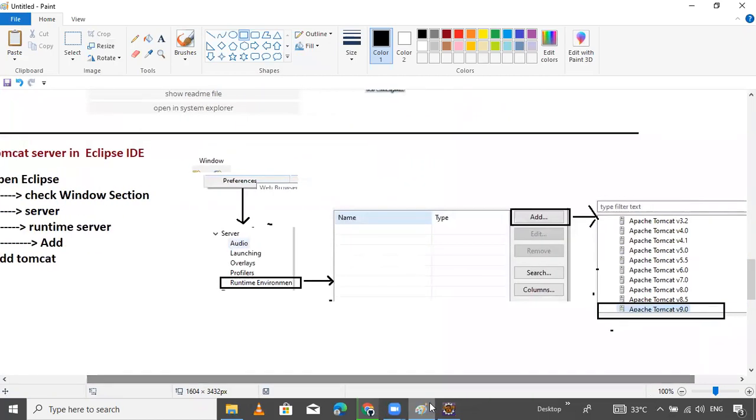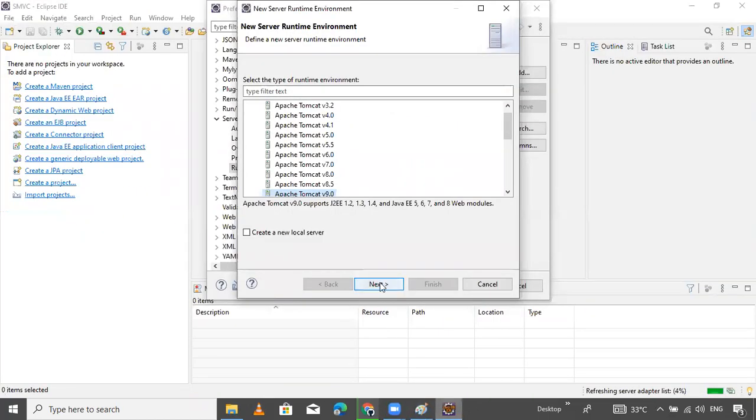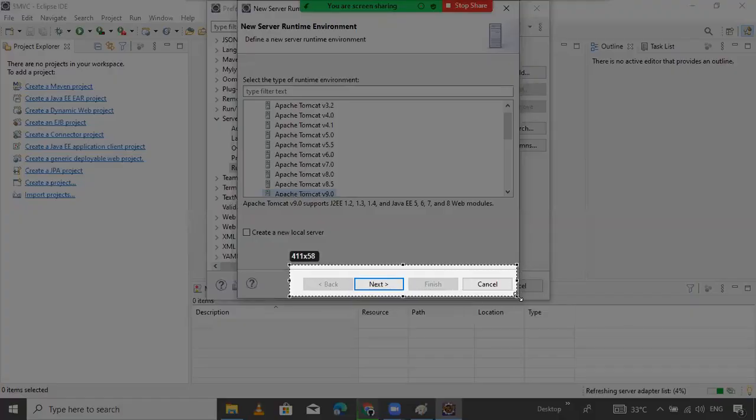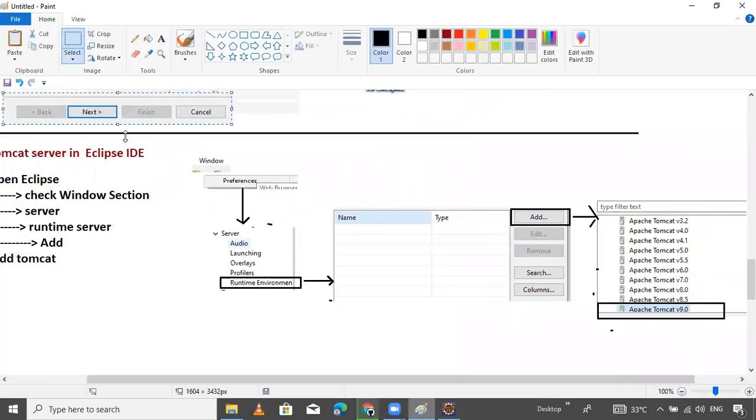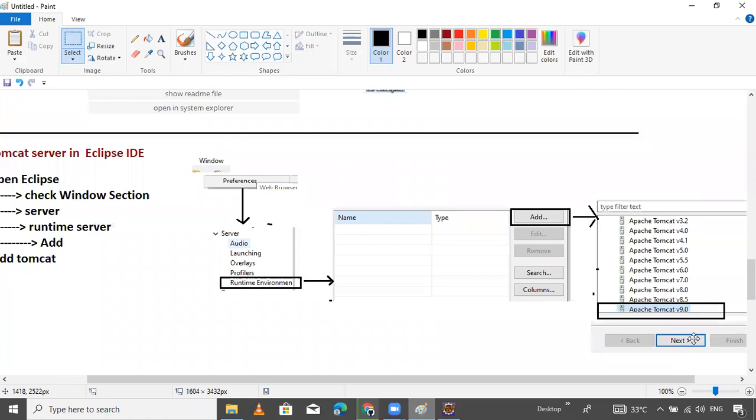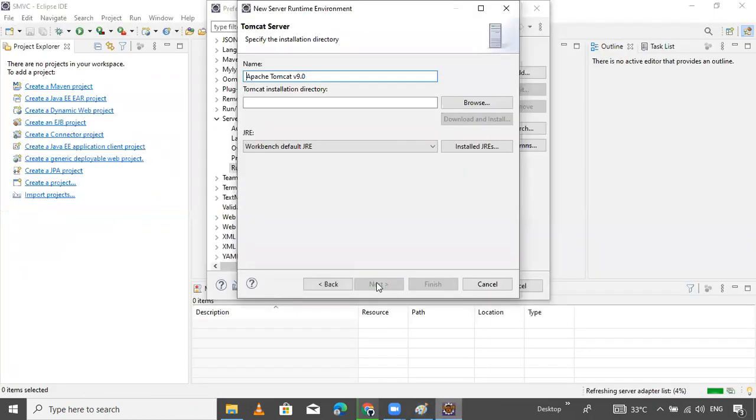Now, the simple steps. Click on the Next button. You will get this type of option. Just click on Next again.